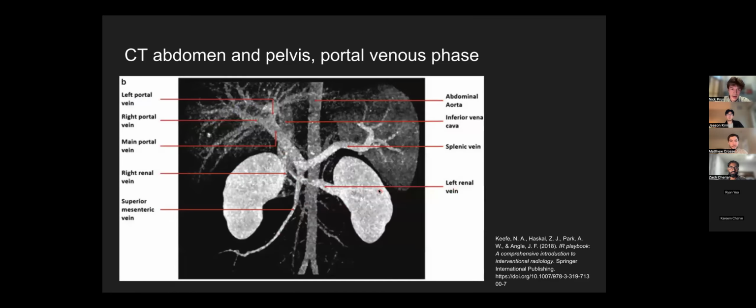This is a CT abdomen and pelvis of the portal venous phase. So you have the left and right portal veins. This is the main portal vein. It's collecting blood from the splenic vein. You also have the renal veins, and the renal veins branch off of the IVC. Sometimes, like on the previous slide, you might have to get transhepatic, transvenous access to get into the